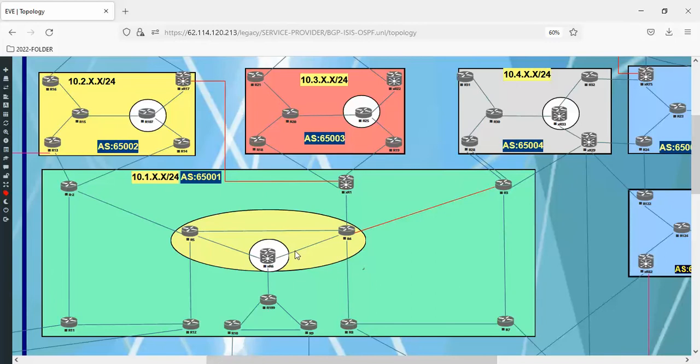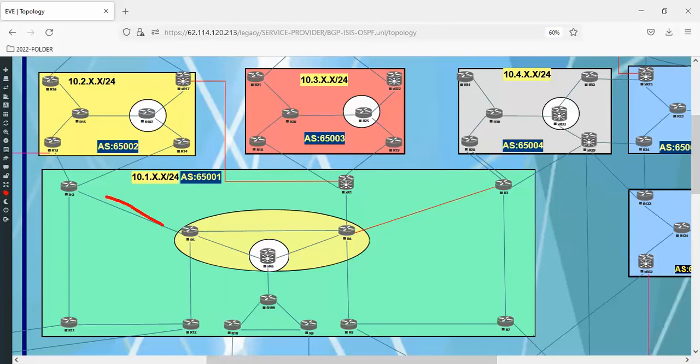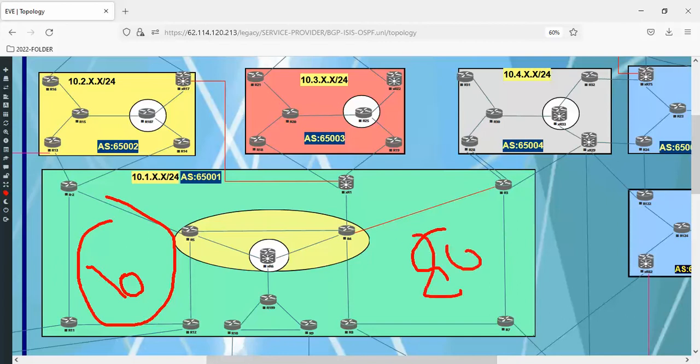Okay guys, right now, from the previous implementation of this topology, all the routers were put in area 0. So in this session, we need to separate the areas. We take the yellow area here and put those specific routers in area 0, the ones on the left-hand side we'll put in area 10, and the right-hand side we'll put in area 20 or 50 or whatever. Okay guys,